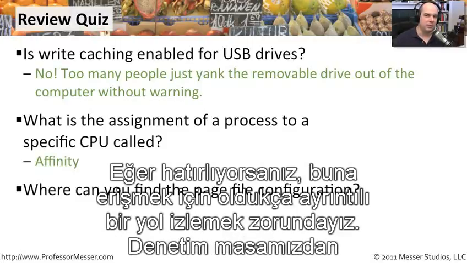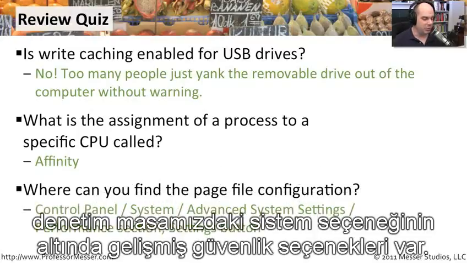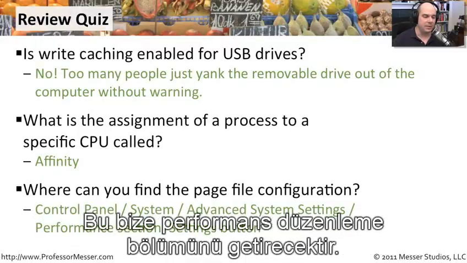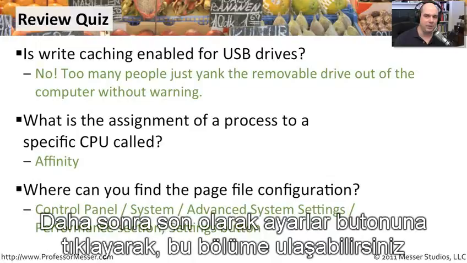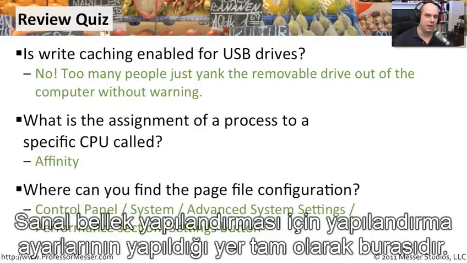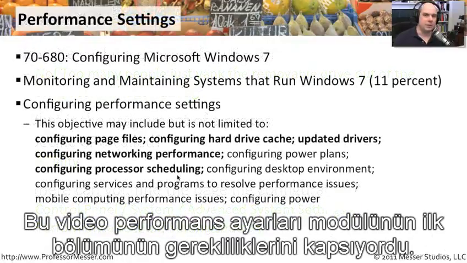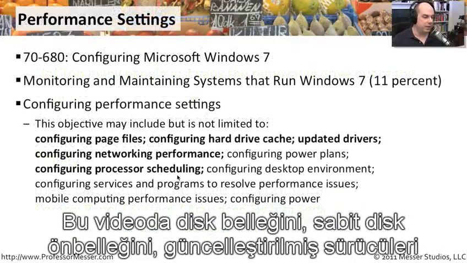If you recall, we had to go pretty deep to locate it inside of our control panel. It's in Control Panel. Under the System option, there's an Advanced Security Settings that brings up a Performance section, and then finally a Settings button that you can go into to change exactly where those configuration settings are for your virtual memory. That covers our requirements for this performance setting, this first section anyway,